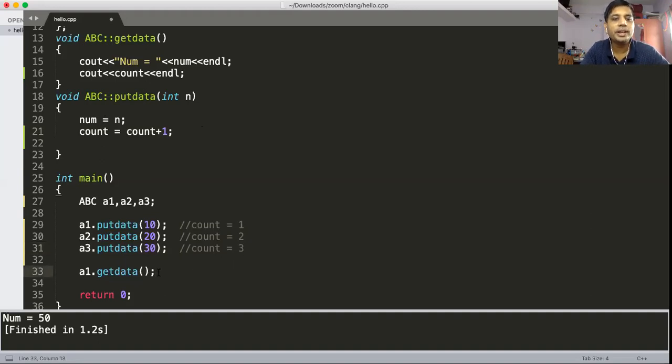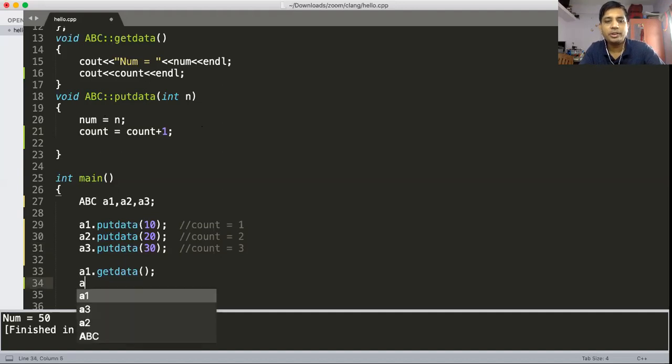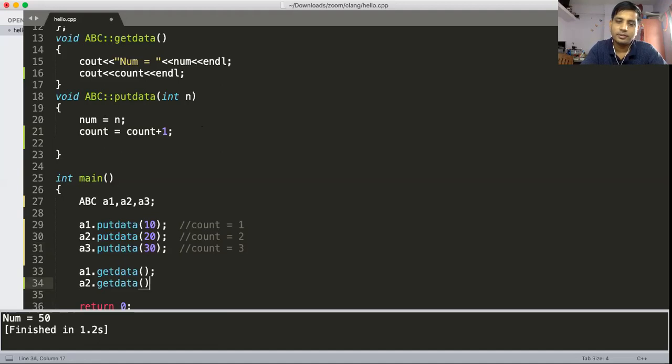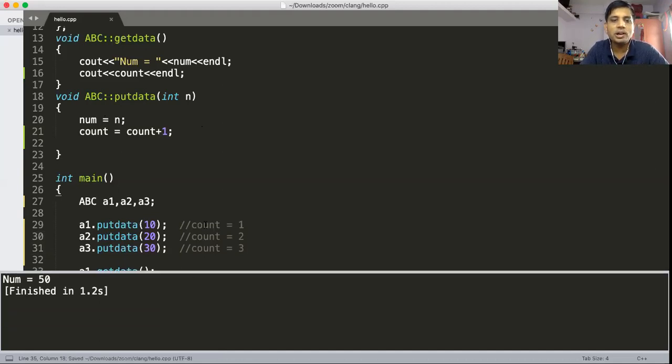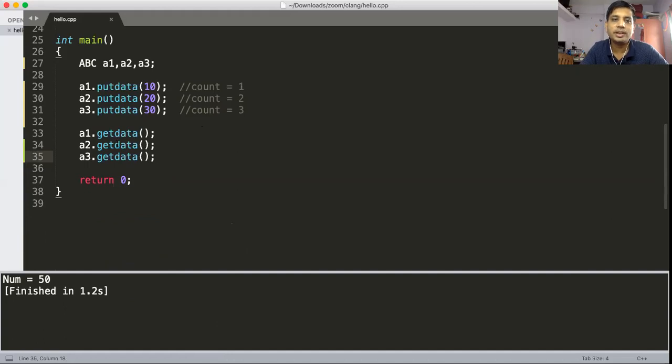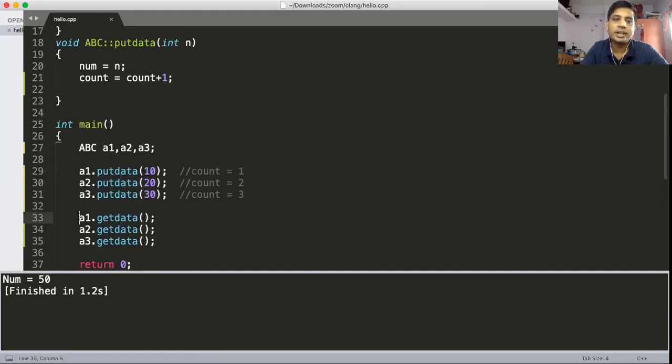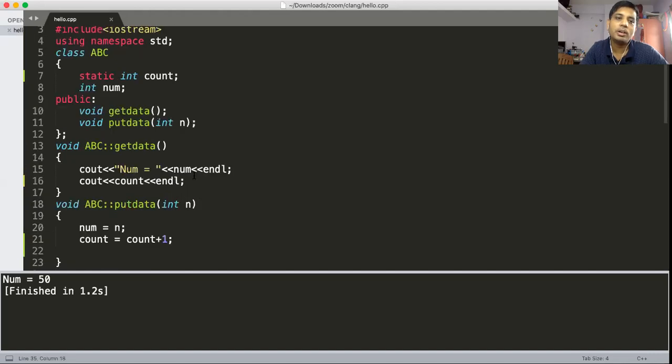When you use a1 dot get data, a2 dot get data, and a3 dot get data, we can check what the output is. Can you tell me the output? The first get data will print the value of num, so 10 gets printed, here 20 gets printed, here 30 gets printed, but here we have also printed the count variable.